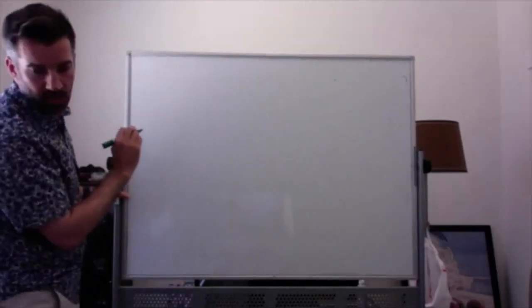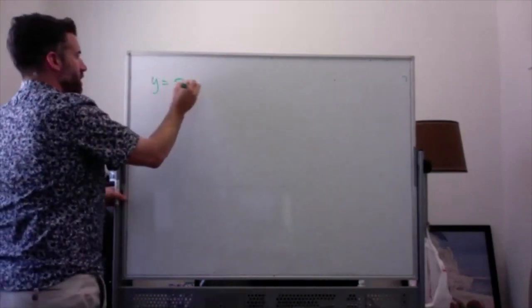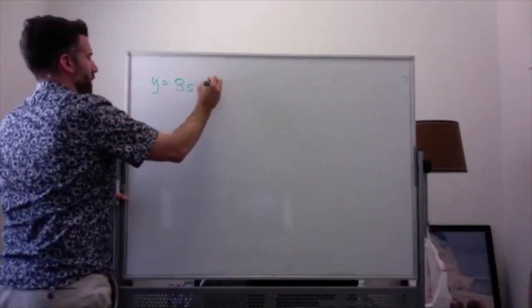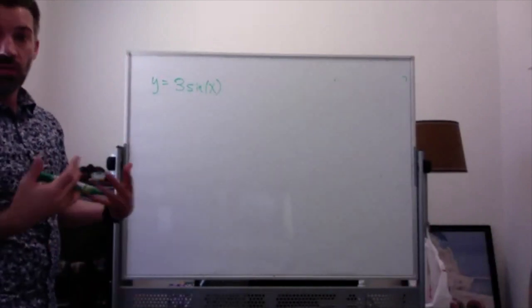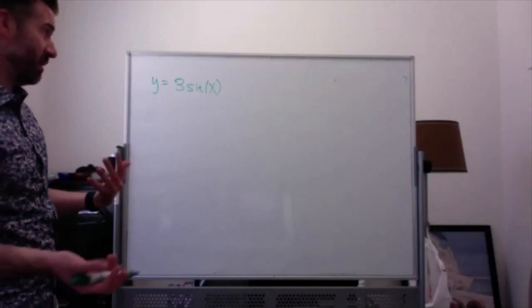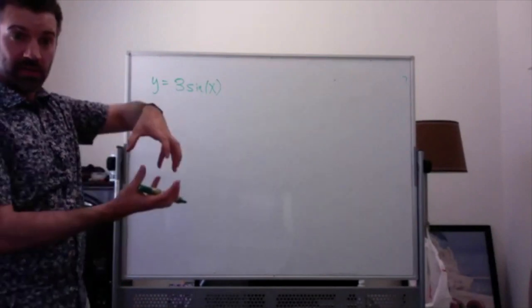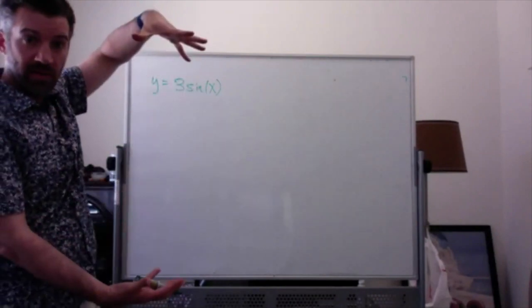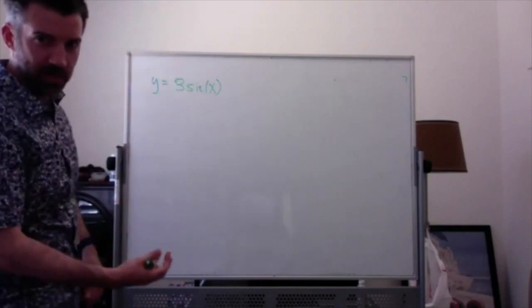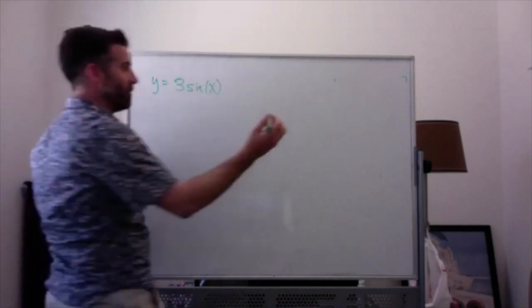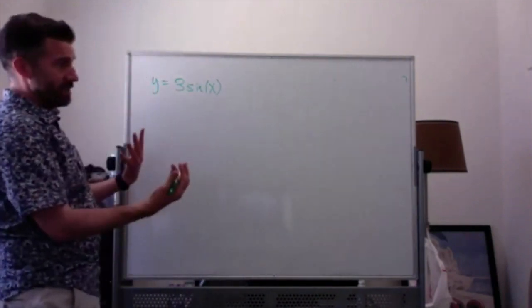So let's say we're going to graph y equal to 3 times sine of x. Normally what I would do is say, okay, I know I'm going to take my regular sine graph and stretch it vertically by a factor of 3. I look like I'm a magician, like look at this. But I'm not. I'm a mathematician, not a magician. Anyway, the way you can actually see this numerically,